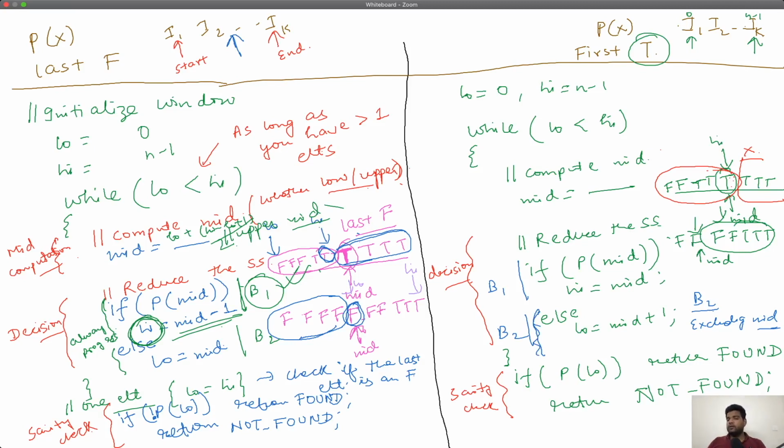So from there I told you to use the mid corresponding to the block which is always progressing. So if B2 is always progressing, look at the statement of B2. What are you updating? You are updating low. So use a lower mid because you are updating low. Here you were updating high, so you used an upper mid. So mid is low plus (high minus low) by 2. So that basically concludes our code for these two cases. This is the mid computation part.